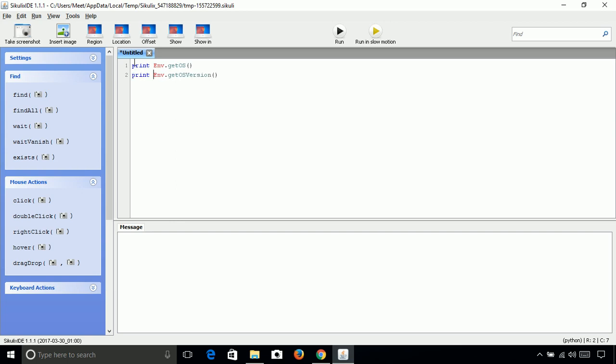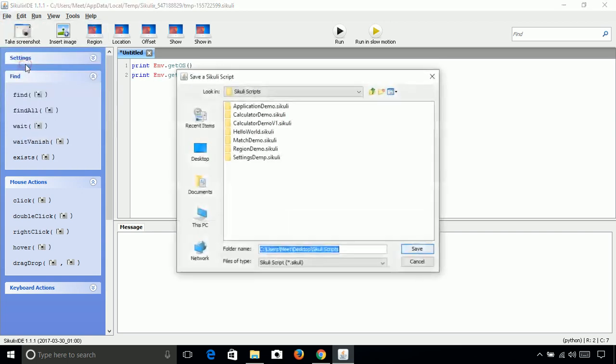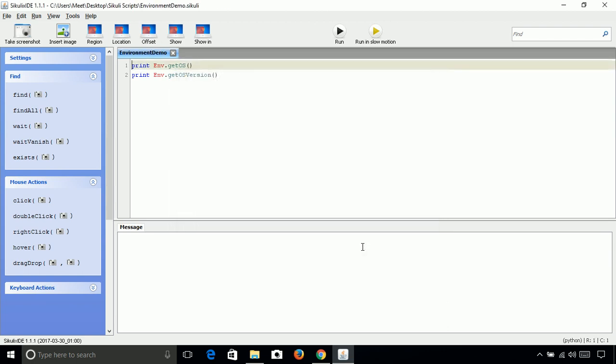First let's save it. This is our environment demo, and let's run it. See, I am running on the Windows system and the version is 10. Now let's see which Sikuli version I am using.